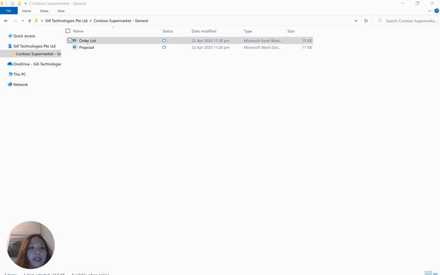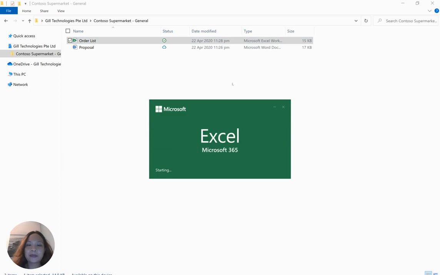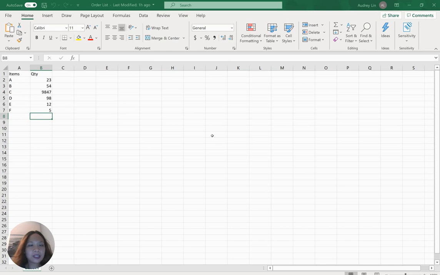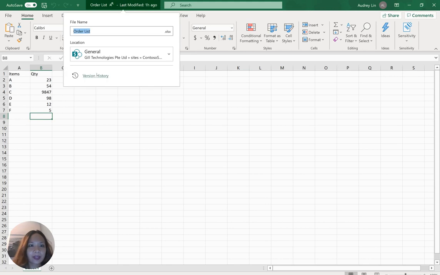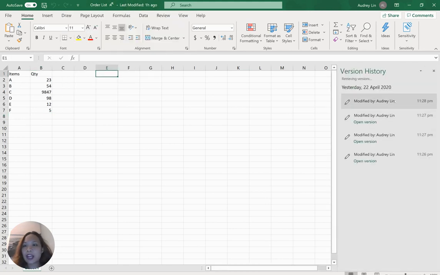Alright, so if I open this order list, I would like to show you one last thing, which is something called the version history. So this order list has a few versions. When I click on the version history, I get to see all the versions that were made to this document. Over here, all you can see is my name, but if you have various people working on the same file, you would see the timestamp of all the people who have made changes to the document and when they